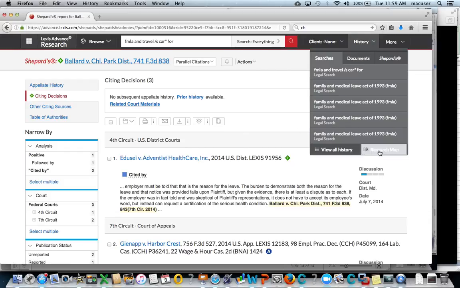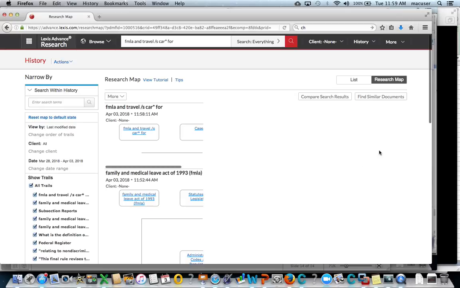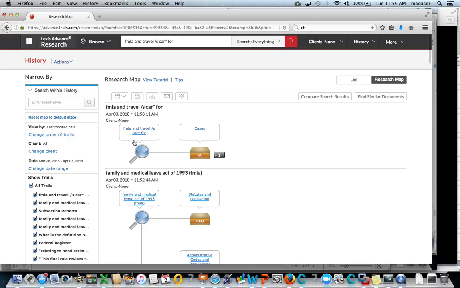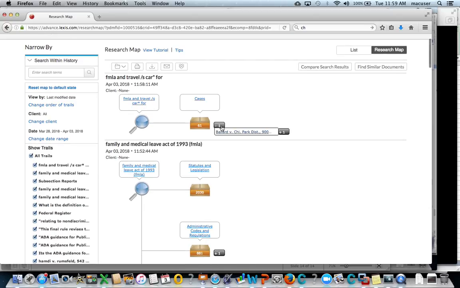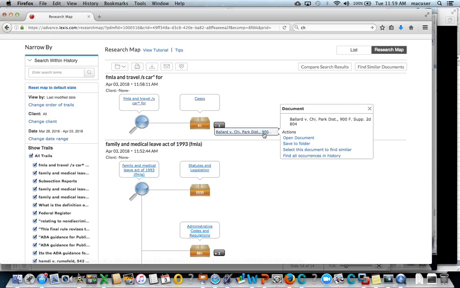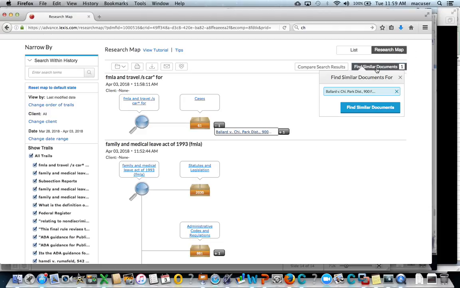History. So we're going to come over here to the research map. And the research map can be a really helpful research tool as well. So what this allows you to do is come in here and get a graphical overview of the research you've done. But then it will also allow you to utilize some of the research you've done to grab additional resources. So we could say, select this document to find similar, and then you find similar, and it's going